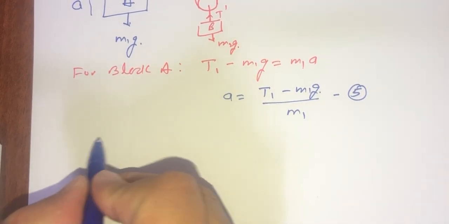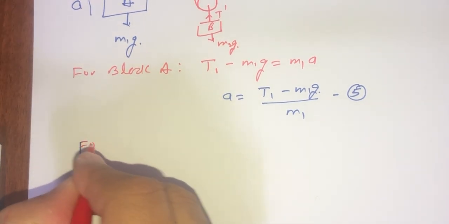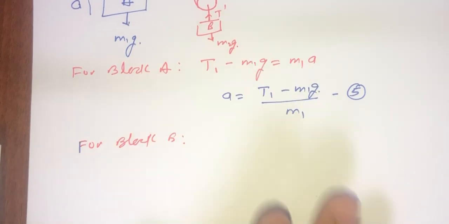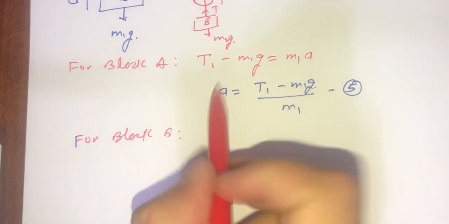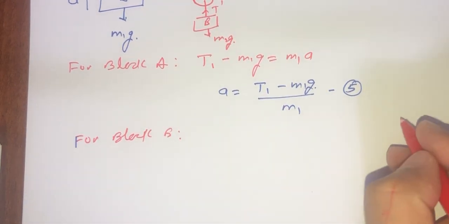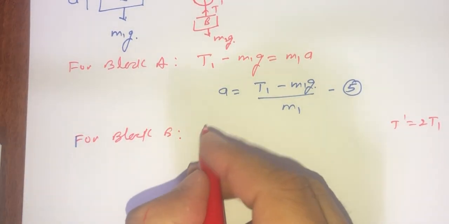So we can write for block B, you can see that now T prime will be equal to twice of T1. So we can directly put value, we get twice of T1